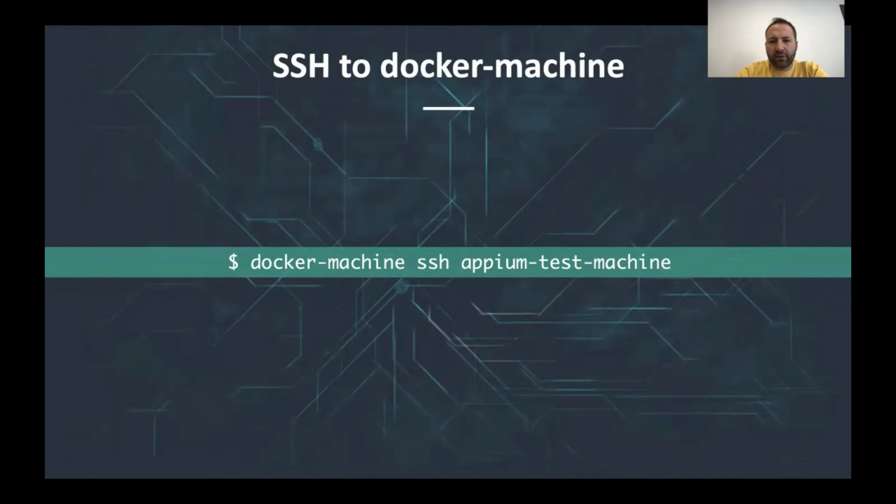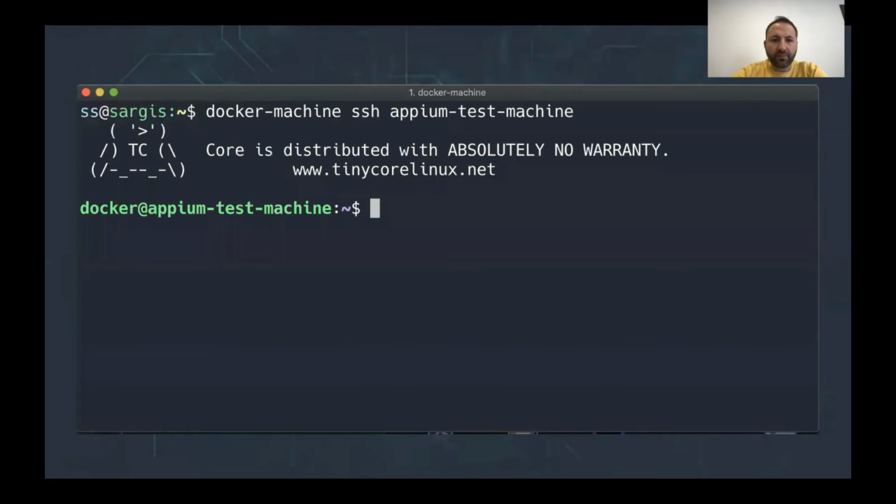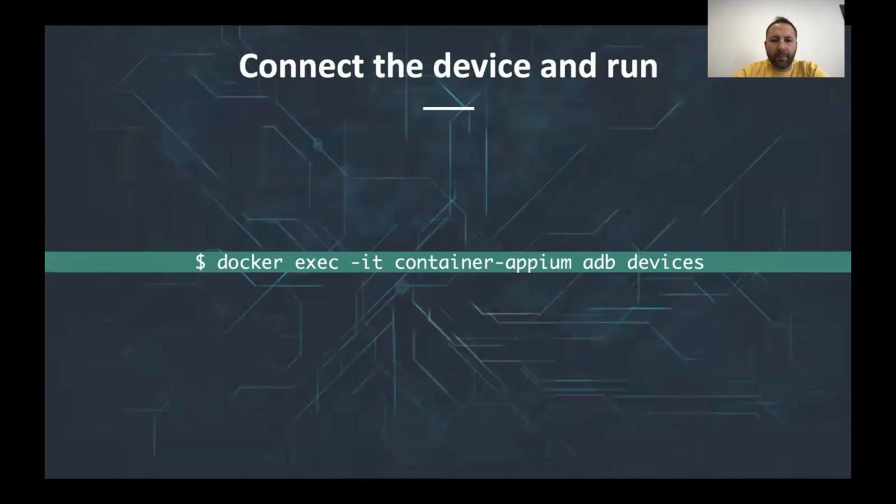After that, we are SSHing to the Docker machine. So that means docker-machine ssh, and we give the name of the Docker machine. And then we are SSHing from the virtual machine. From inside of the Docker machine, we just do docker exec